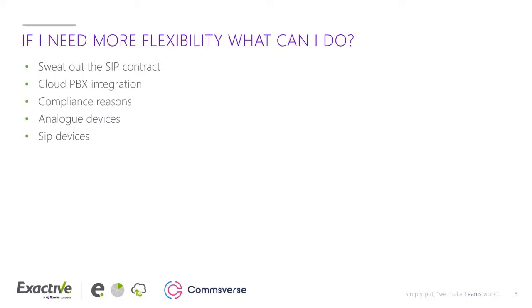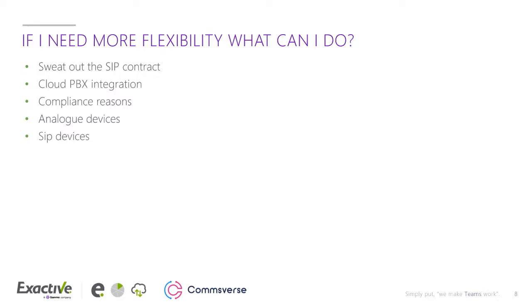Again, very similar to that: I have a cloud PBX that I've just invested very heavy upfront capital costs in. What can I do? What possibilities could I have to use that along with Microsoft Teams to make the two work together? What can I do is a common question. For compliance reasons, I actually can't consume it on a centralized platform like Direct Routing as a Service. I actually need to have it in my own cloud tenancy. That's the scenario I'm coming from as a customer. What can you do for me?